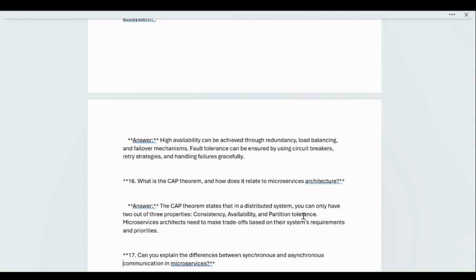As I mentioned, a circuit breaker is a mechanism used if any disaster is happening, then we can stop it with the help of the circuit breaker. We can get a notification, and we can stop or prevent it with the help of the circuit breaker. Retry strategy and handling failure gracefully. For the retry strategy, we are keeping a count over the circuit breaker.